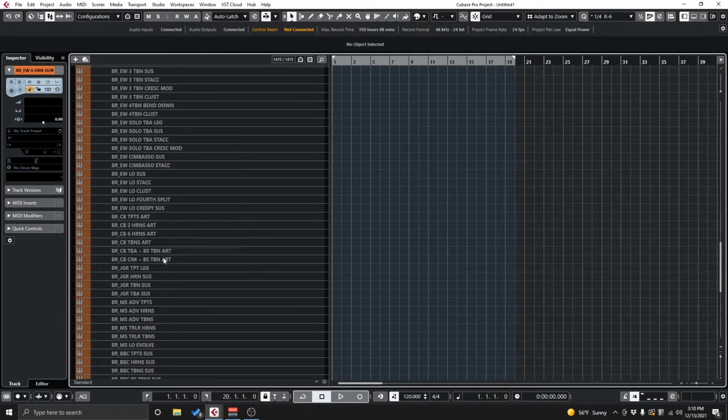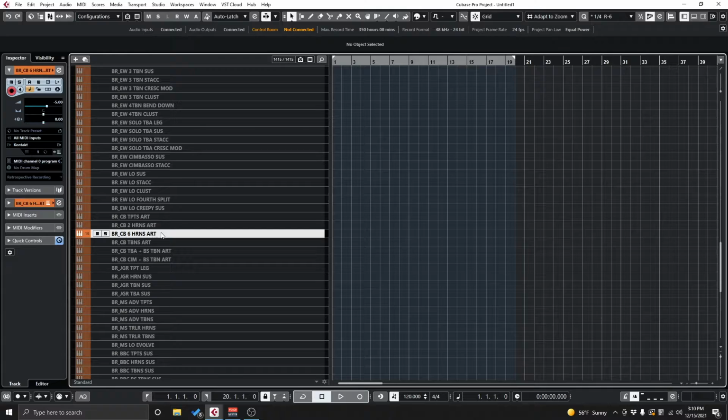Trumpets, I don't really have a trumpet library that I like. Trombones are also the same, but as long as the horns sound good, you can sell brass. My other go-to brass library, even though it's not as many patches, but I use it all the time, is Cinebrass. The thing about Cinebrass, I don't love the sustains, I don't love the legato, but this articulation